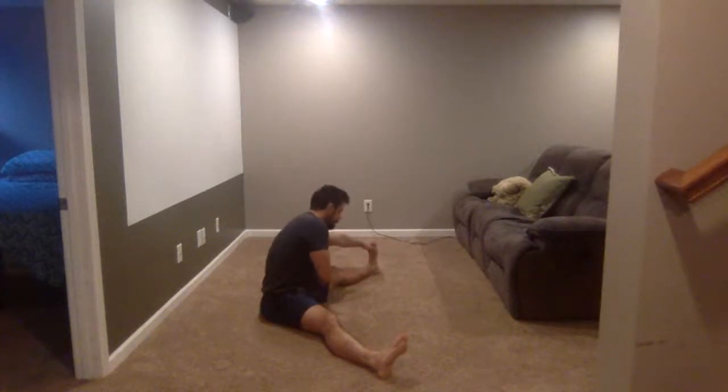Switch sides. Yeah, I really don't make a big deal. We kind of do a cool down stretch after workouts, and I don't really make a big deal about stretching in the gym because most people aren't paying to stretch. They want to get stronger, they want to breathe. An hour is really not a lot of time. And